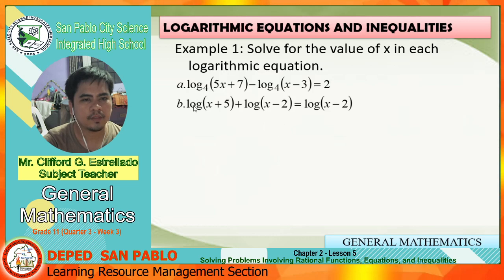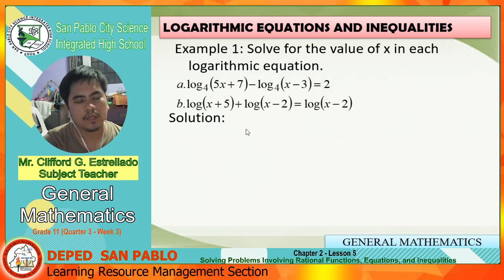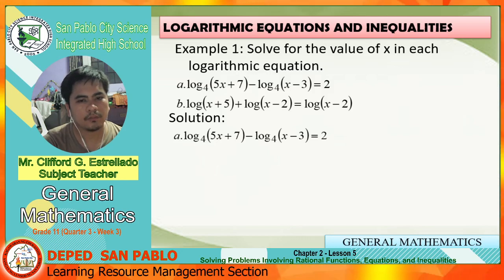So, we have here logarithm of quantity x plus 5 plus the logarithm of x minus 2. It is letter B pala. So, letter B. So, we need to solve letter A and letter B. Letter A muna tayo. So, we have logarithm of 5x plus 7 with the base of 4 minus logarithm of quantity x minus 3 with the base of 4